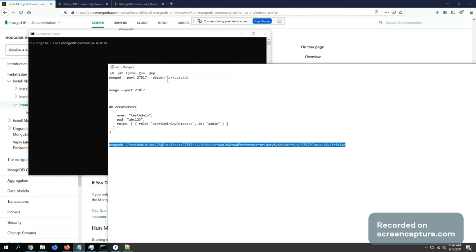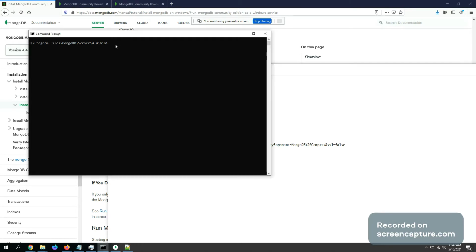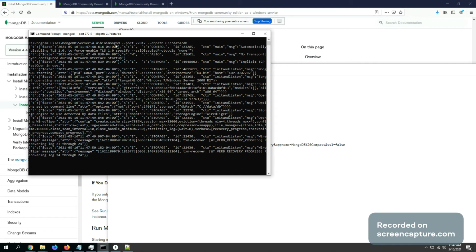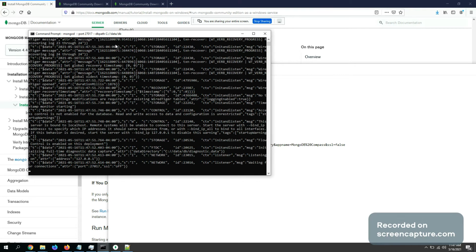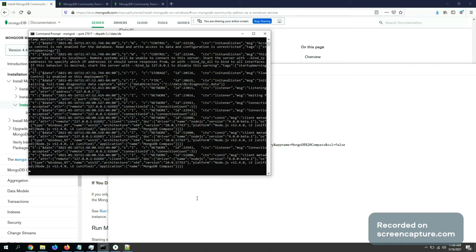Before that, you can create a working folder where all of your work and data is saved, data db on the C drive. This is where I created it. Take this. So this is the way to start MongoDB without access control, so that you can create a user the very first time, a root user or an admin user, to use to connect to MongoDB. So now the server is started.